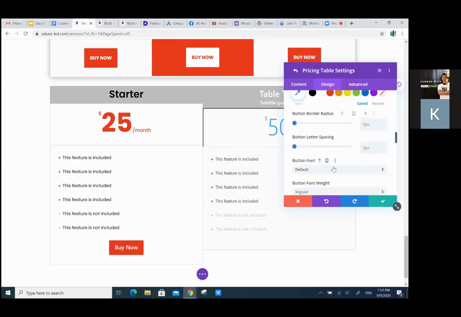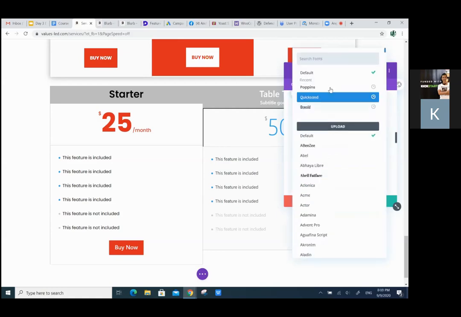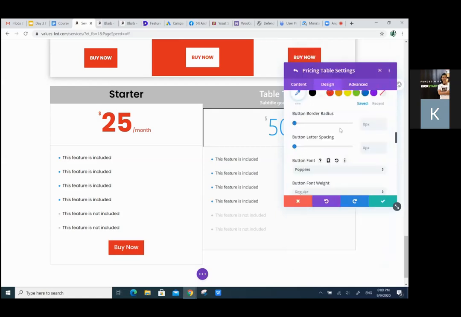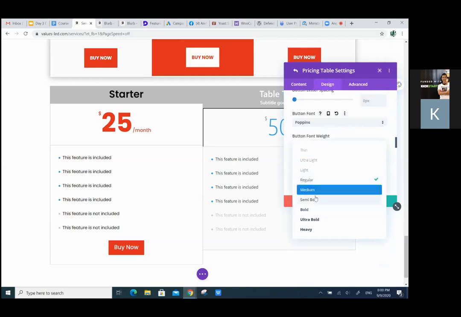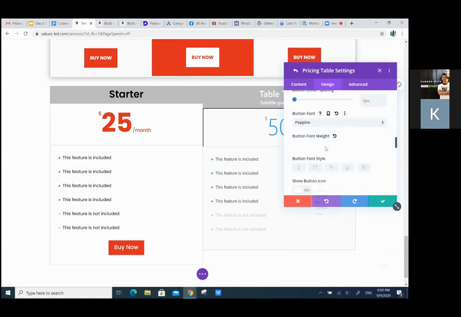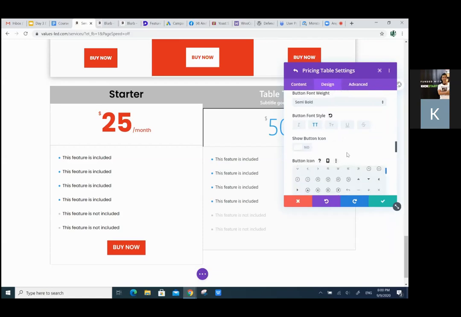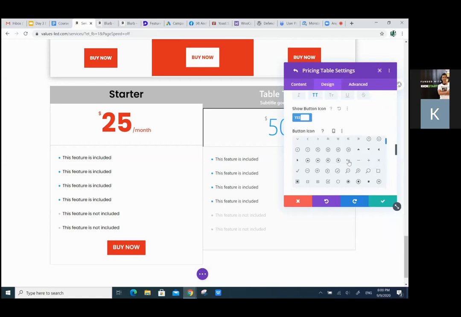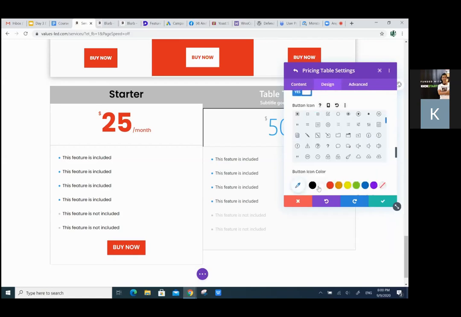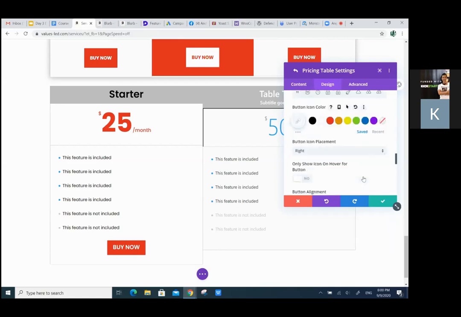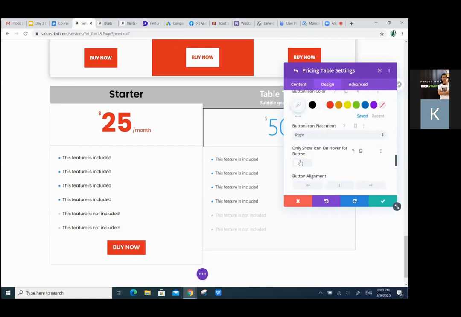Adjust the font to Poppins. Maybe semi-bold. Then make it capital. And then maybe I want to have a button icon, which is an arrow. Adjust the button icon color, white. And maybe I want it to show,